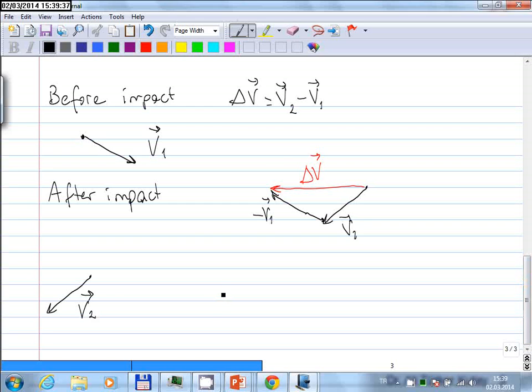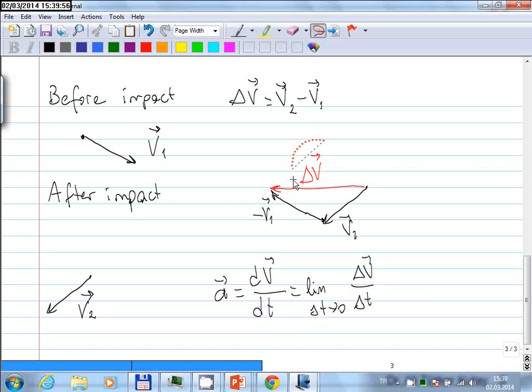So if you write acceleration as the time rate of change of its velocity, and since we have a non-zero delta V here, that means we have an acceleration that can be